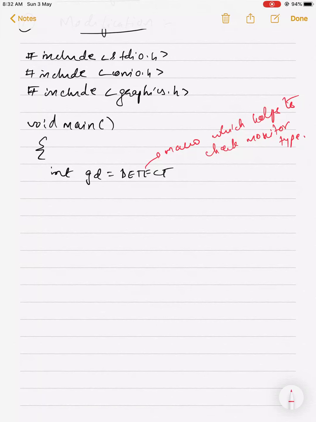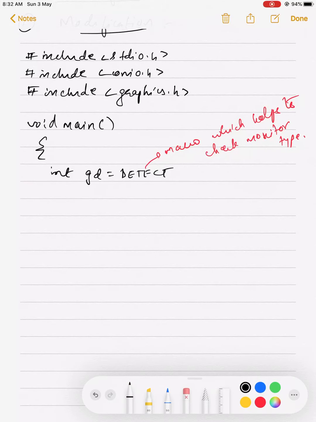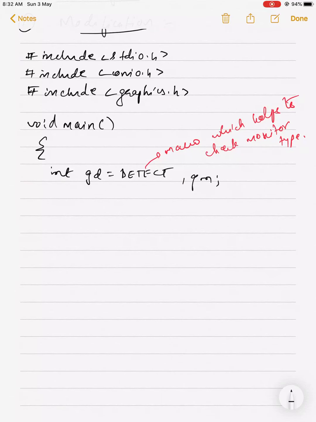Okay, an inbuilt macro. So gd and gm both are of integer data type, so I'm mentioning them as integers. Okay, and directly initializing gd is equal to detect. And obviously our favorite clear screen.